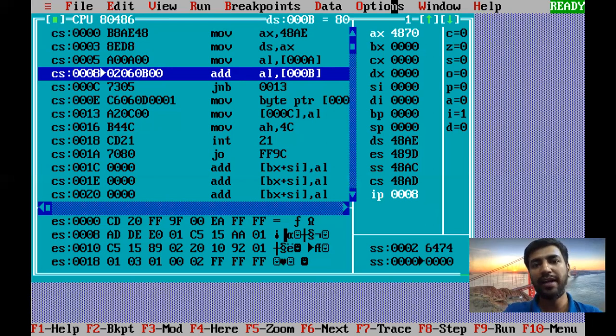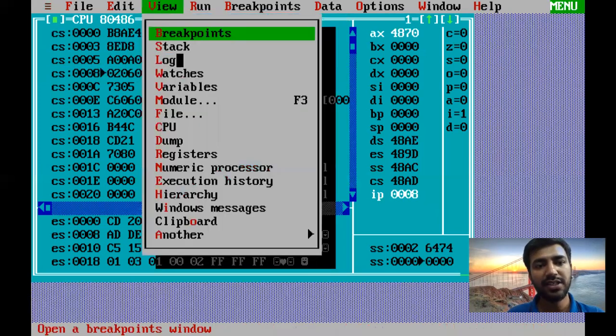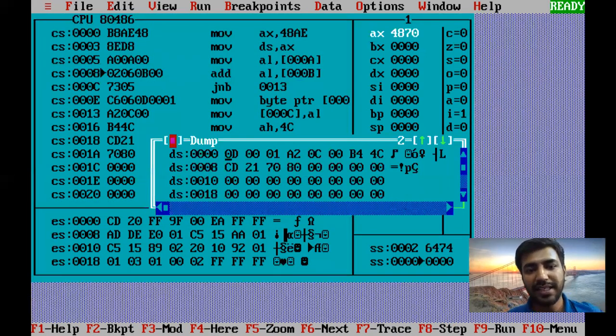The lower byte of AX is AL. And again, I will add num2, which is in 00B. So you can see what is in 0A. When I go into the dump file, you can see that your numbers are stored here. This is 8, this is 9, this is A, and this is B. A is already having 70, and B is already having 80.